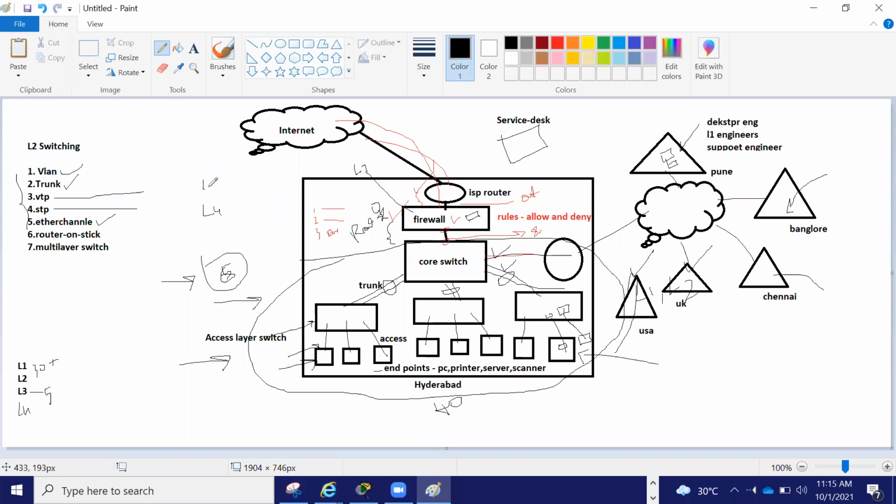In my career I deployed more than 1,000 firewalls, removing the old ones and deploying new ones, across the world: Dubai, USA, UK, everywhere. This is a key role in every organization, whom to allow, whom to deny. Firewall is a very big topic.